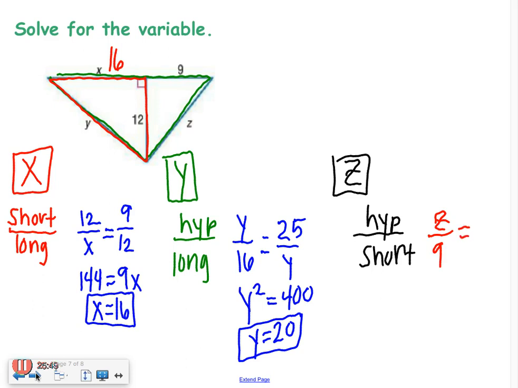Then our hypotenuse on the big one is 25 over Z. Z squared equals, oh my goodness, 225. Z is,